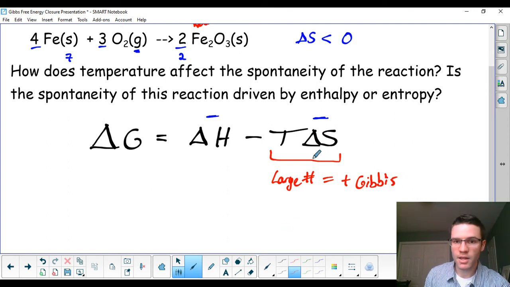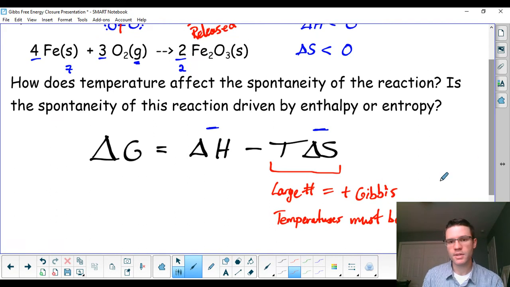And that number will be large when temperature is large. So at high temperatures, this particular reaction would be non-spontaneous, positive, because we have a negative value plus a large